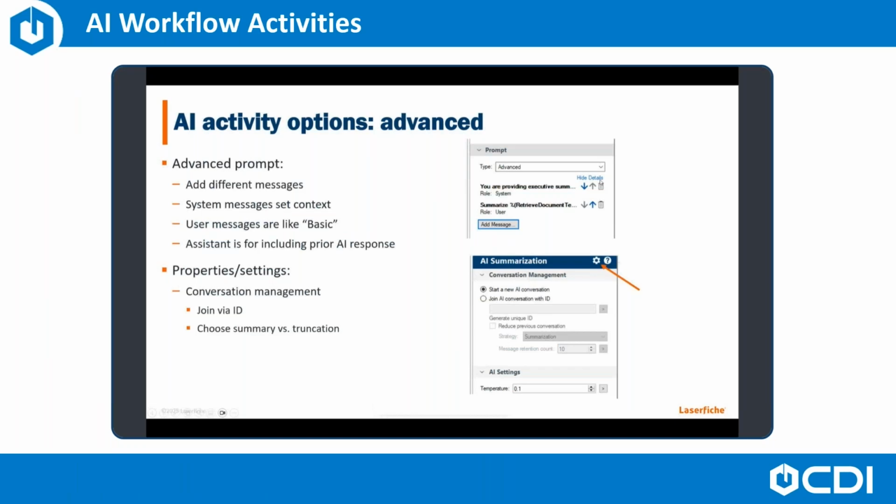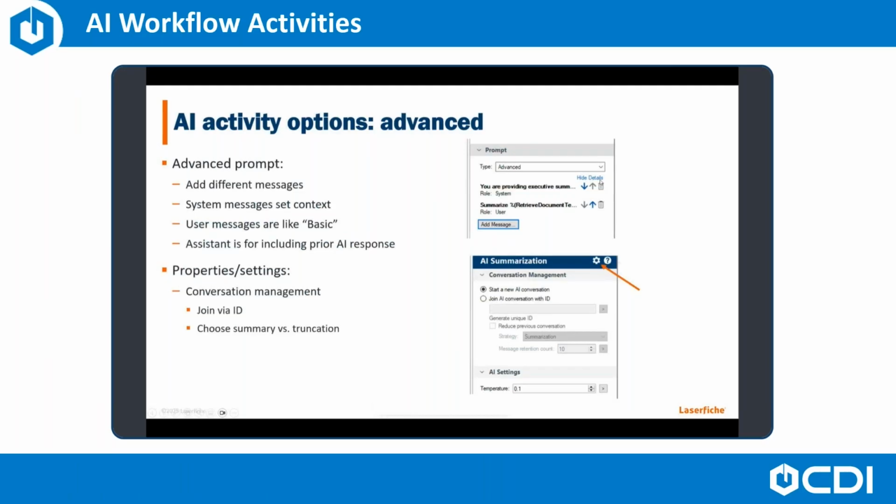Using the AI results in workflows, this can then perform automatic routing based on the AI generated insights, generate regular expressions, populate metadata fields, and really serve as the building block for AI empowered automation.